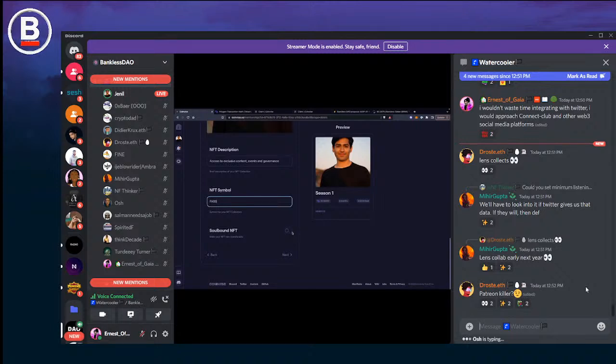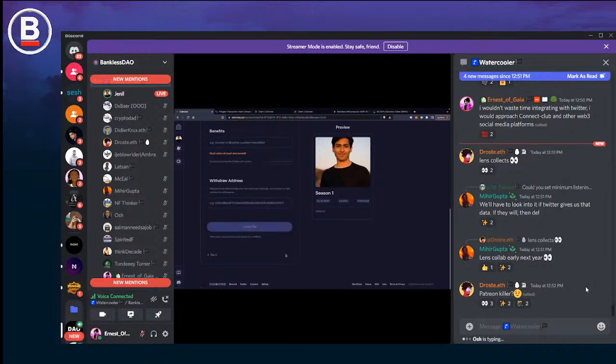This would mean that the NFT would be non-transferable, and it would be one of one unique, where it won't be tradable after it has been minted. So that is also an option. If you don't choose this option, it would by default be tradable on secondary markets, but you can make it soulbound if you wanted to. We've seen a lot of communities ask for that, so we've added that as a feature.